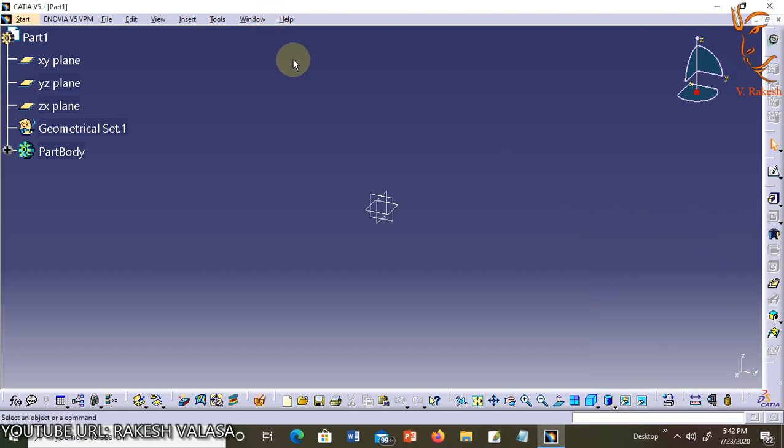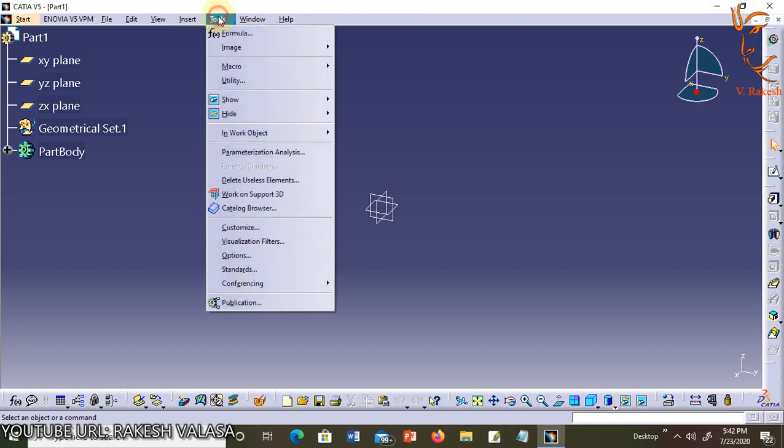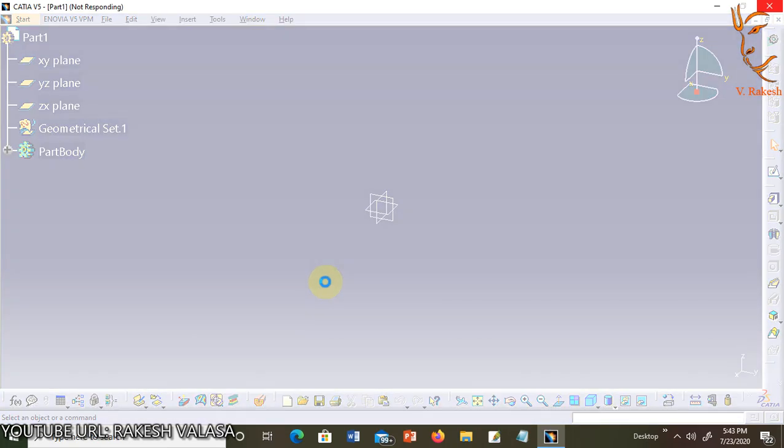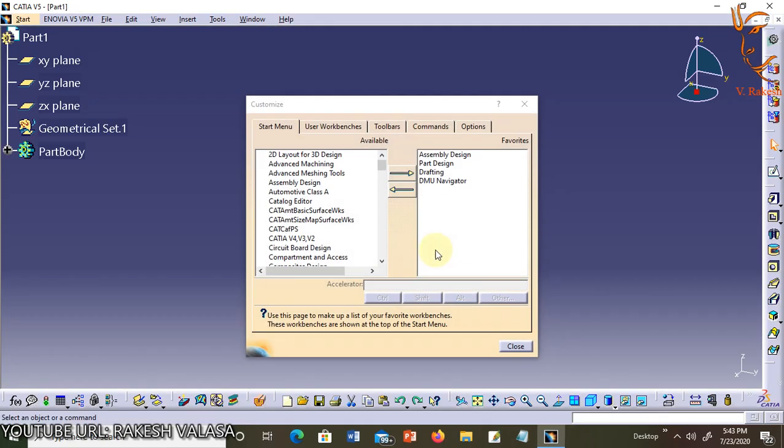From the pull down menu, select Tools. In this, you can select the Customize option. From this Customize window, you can select Start Menu.